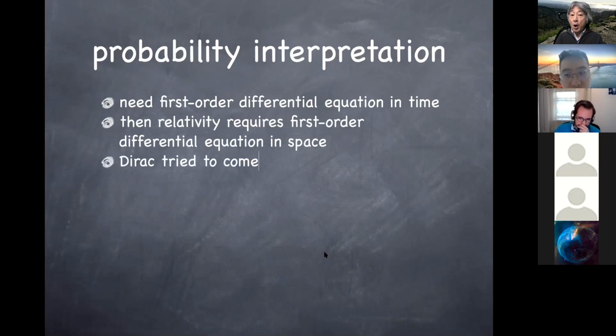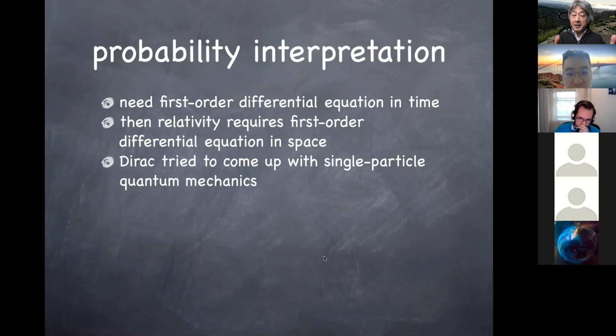And he didn't know what equation would qualify for that. So what he did is to just write such an equation in abstract for now, and try to see if that gives you a consistent single particle quantum mechanical wave equation with a probability interpretation. So from the requirement that it has to be first order in time derivative and first order in spatial derivative,